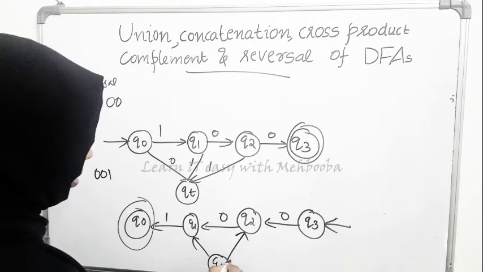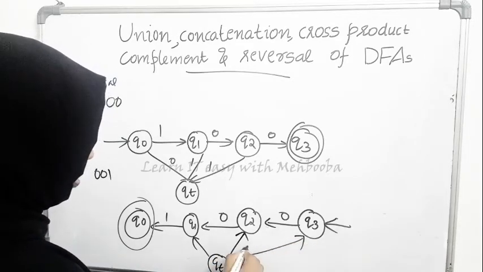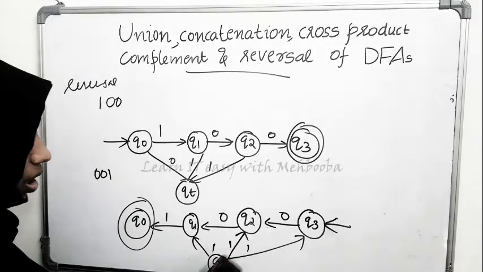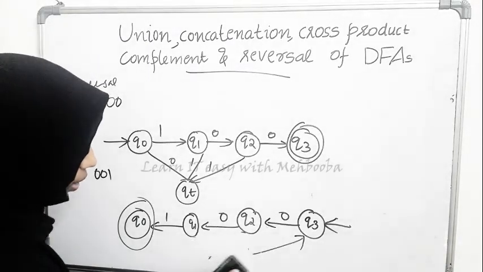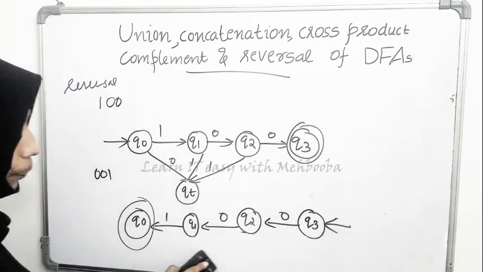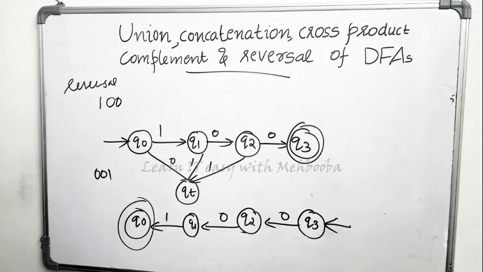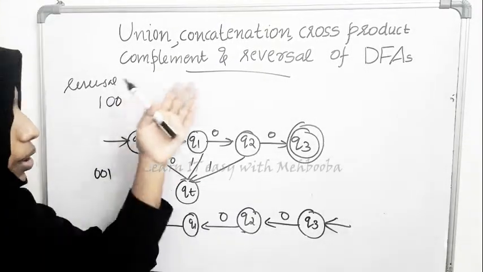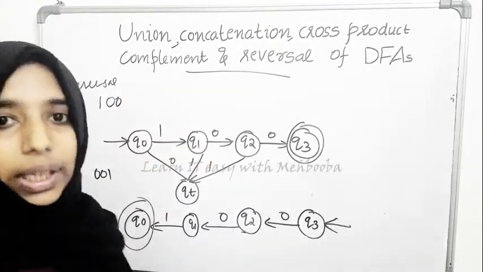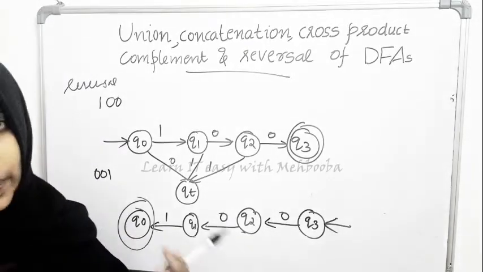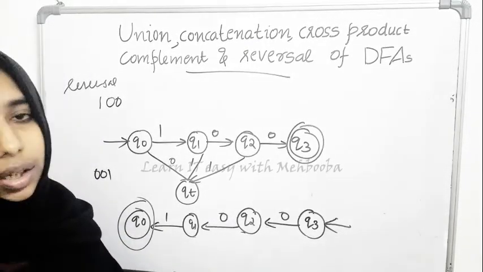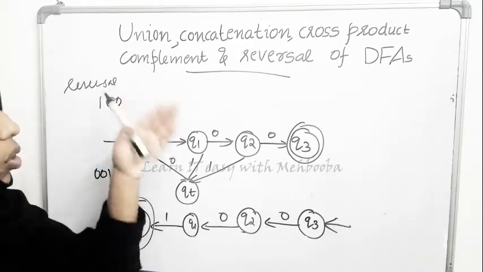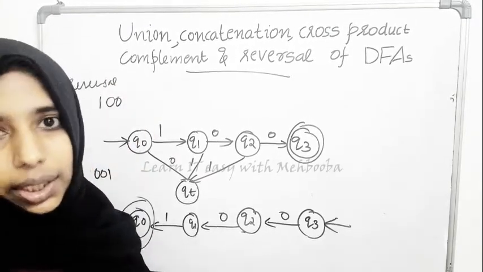Okay. So in that case, when we invert the arrows directed to QT, QT becomes an unreachable state, because the transition was from Q0 to QT. It's not from Q3 to QT anyway, but still QT is unreachable and you can avoid it. Now if you look at this, you can also interpret this as an NFA. That is, some kinds of operations may lead to the creation of an NFA instead of a DFA, but don't worry, you still have conversion mechanisms to convert an NFA back to a DFA. So no big deal. It's fine.